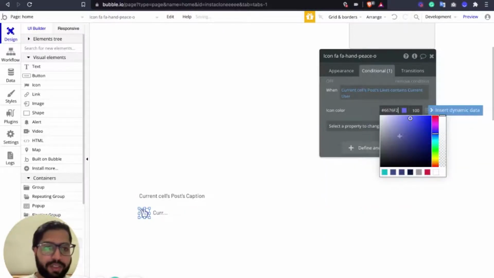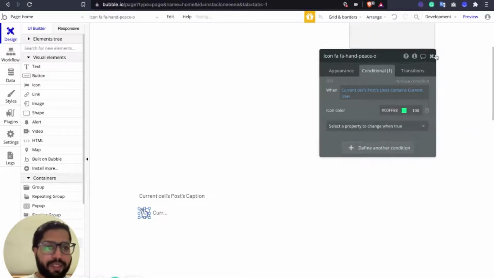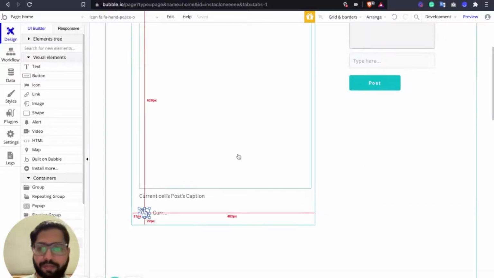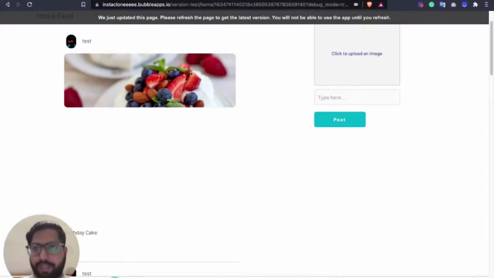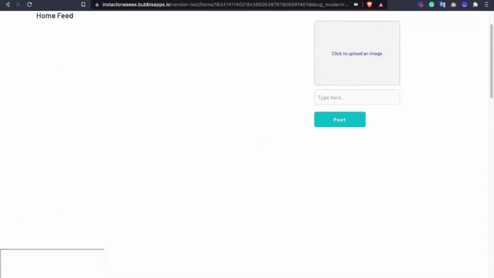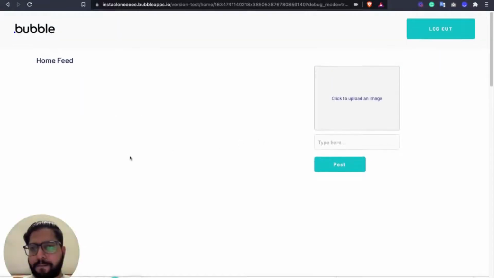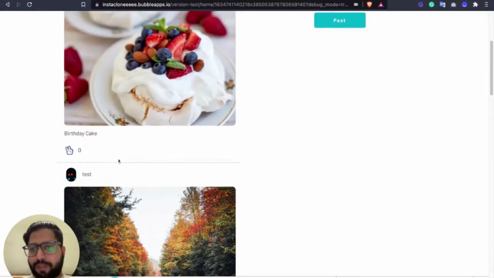We're going to change it to, for example, green maybe. Yeah, perfect. And we're just going to quickly test this as well. So now we're going to upvote it. Perfect. So it's now getting green and the value has been incremented.